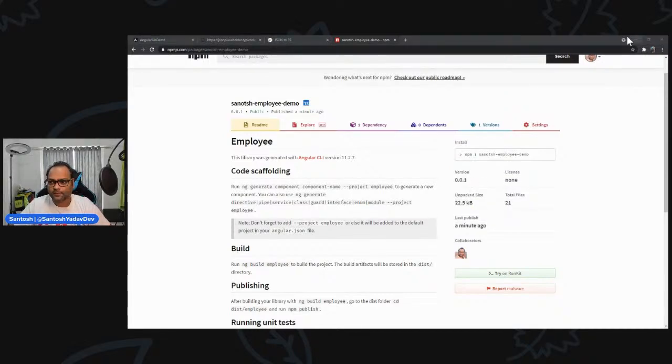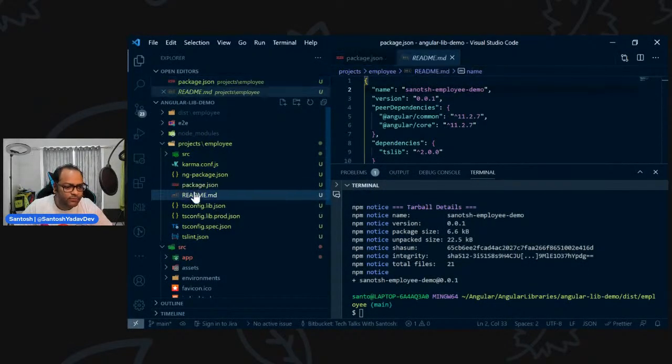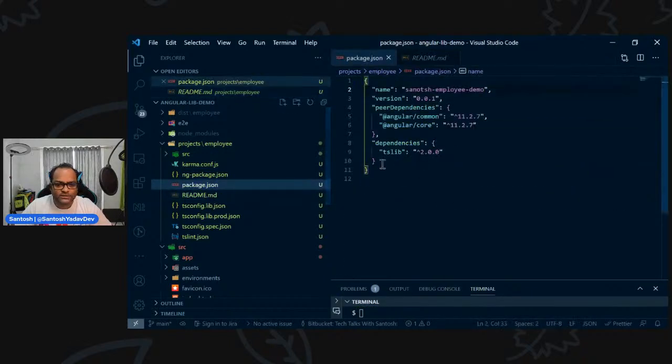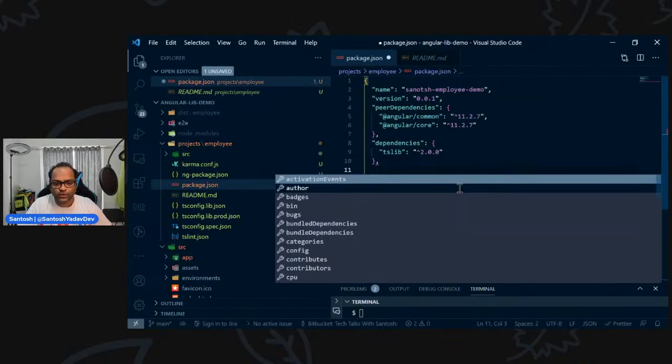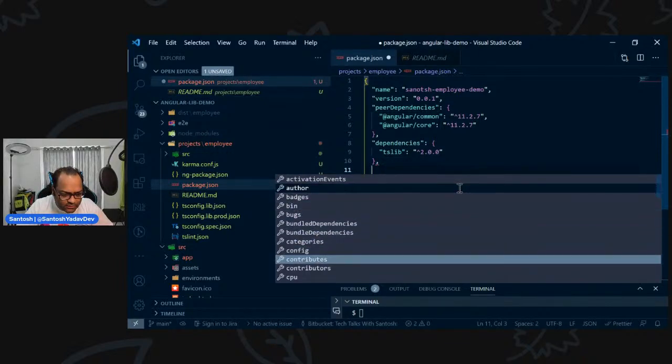Let's go back. So this is your readme file. This is where you can make all the changes related to the readme, and this is your package.json. This is where you can add a lot of different configuration. You can add the author, who is the author. You can add, I think,